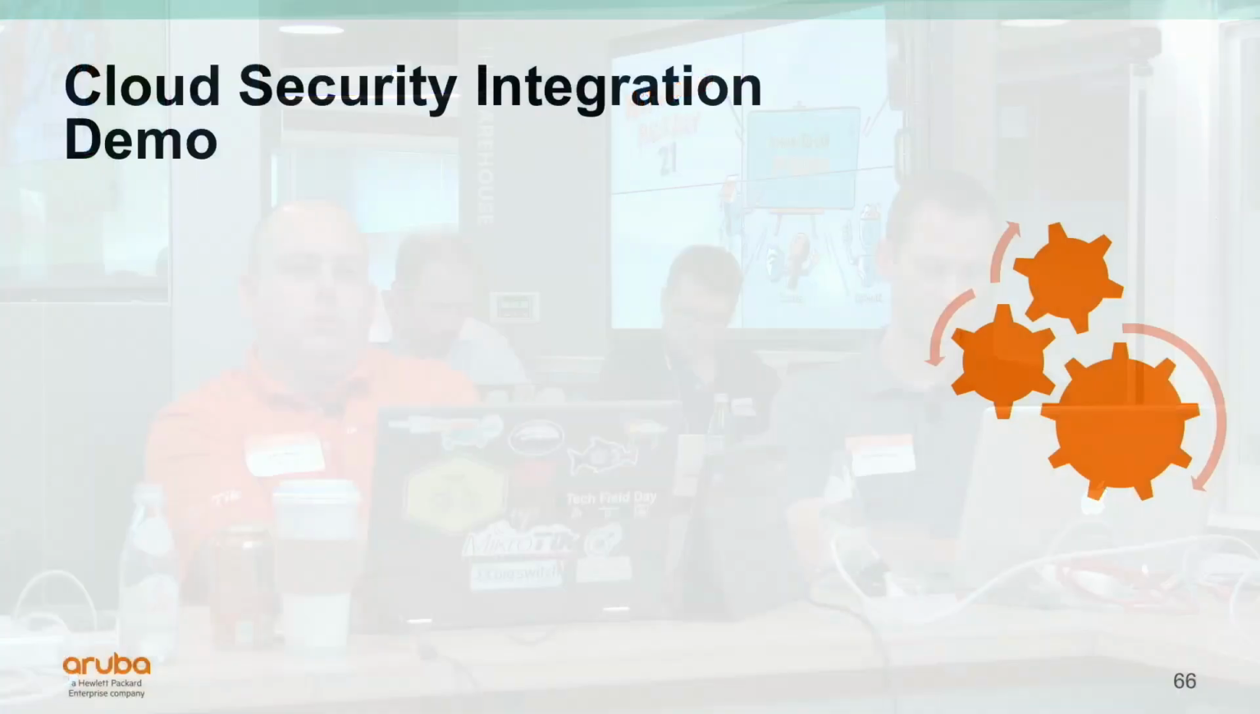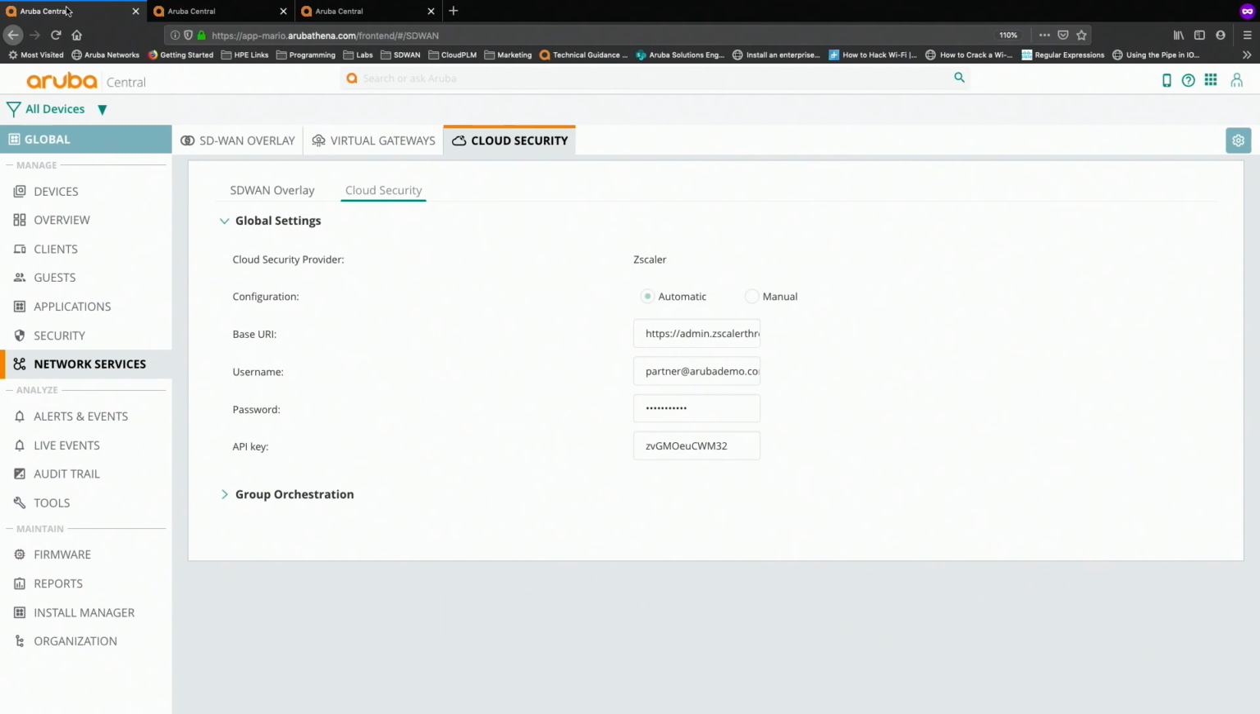So in terms of how easy it is to integrate with third-party cloud security vendors. Okay, so very straightforward. What I've done here is, in my network services, where everything orchestrator is living, I've entered my Zscaler credentials, username, password, and a token, so that Central can go into the API. That allows us to say, hey, I have these sites. It allows us to go to